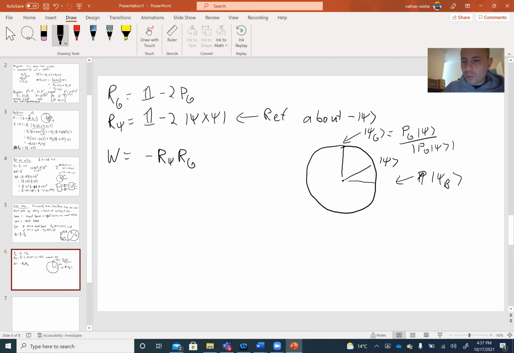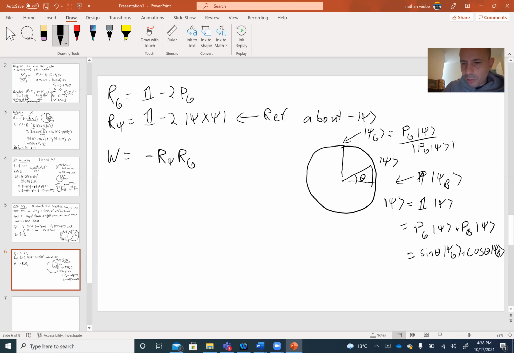So therefore, we can always end up writing psi equals identity times psi equals the projector onto good times psi plus the projector onto bad times psi, which I'm going to define to be sine theta